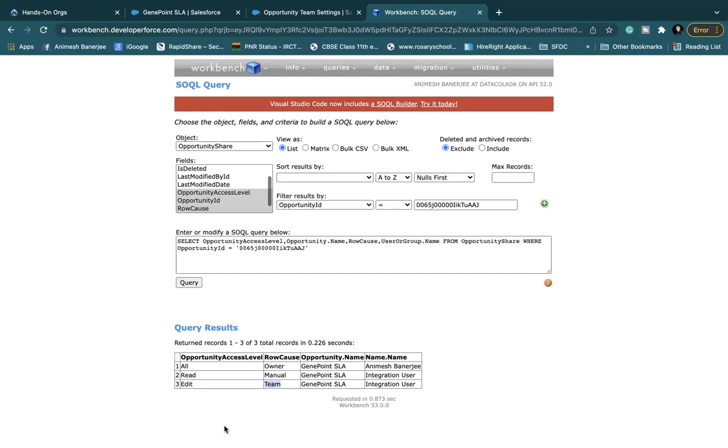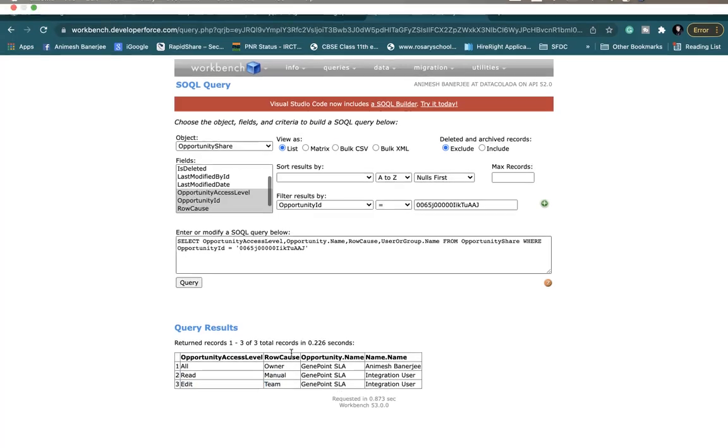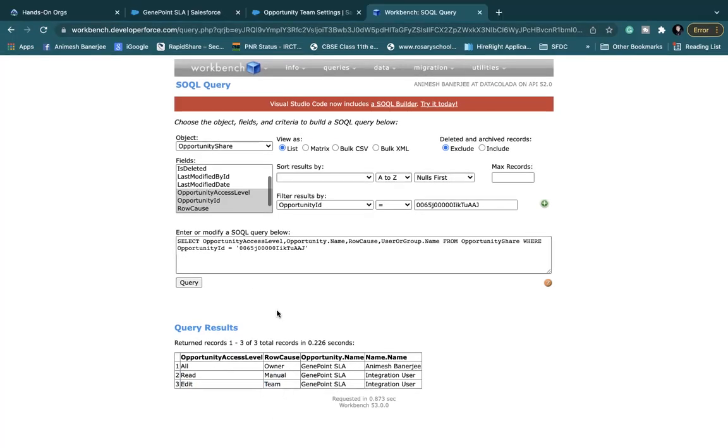So the record has opened up to you. So now you can do whatever you want to do, provided your profile allows it. If your profile has edit access, then only you will be able to edit, otherwise not. Okay. So integration user, if his profile allows edit, then he can go and edit this record, because he now has the access of editing, right?